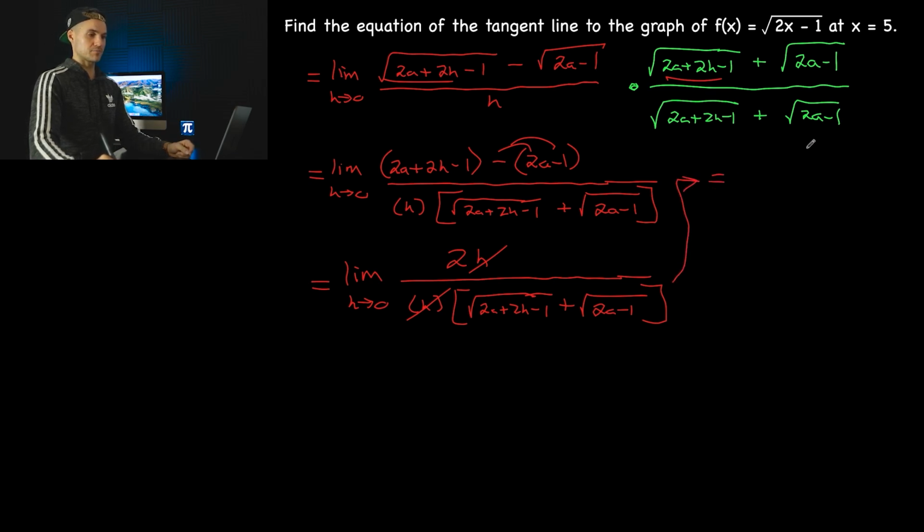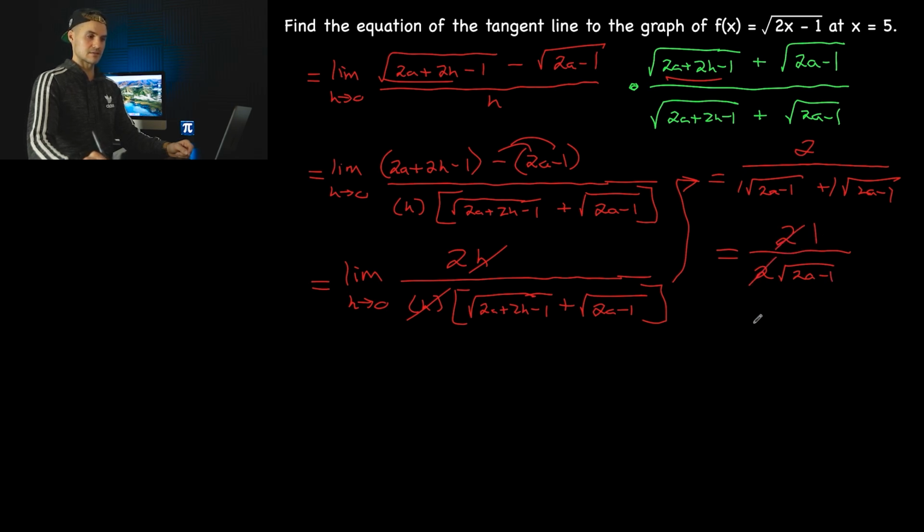And so after plugging in that h value of 0, we'd end up with 2 over, the bottom is going to be root 2a minus 1 plus root 2a minus 1. Notice these are like terms, the same root, so the coefficient in front is 1 for both. We can add them into 1 like that, right? And so notice that these would cancel out,